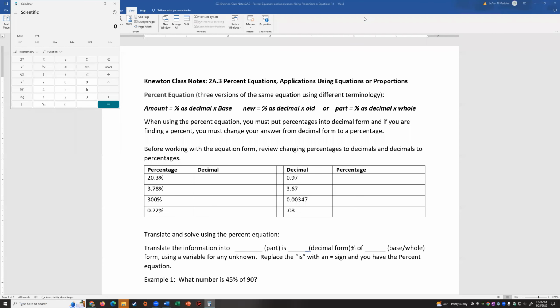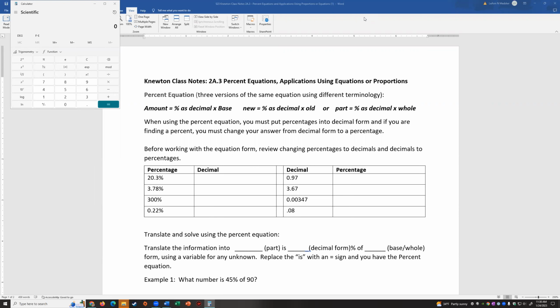All right, this is the video 2A.3, percent equations, applications using equations or proportions. Essentially, this is just different ways to say the percent equation. The amount is the percent as a decimal times the base. The new is the percent as a decimal times the old, or the part is the percent as a decimal